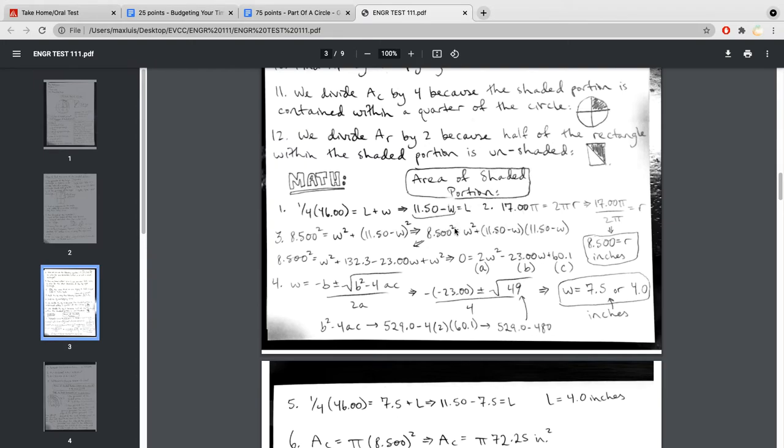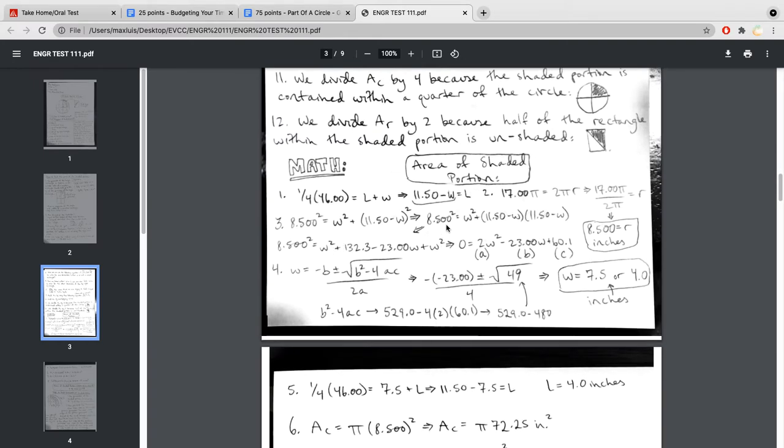So 8.500 squared is equal to width squared plus 11.50 minus width times that again. And after FOILing it out, we get 8.500 squared is equal to width squared plus 132.3, which is to the correct number of sig figs, minus 23.00, which is also to the correct number of sig figs, w plus width